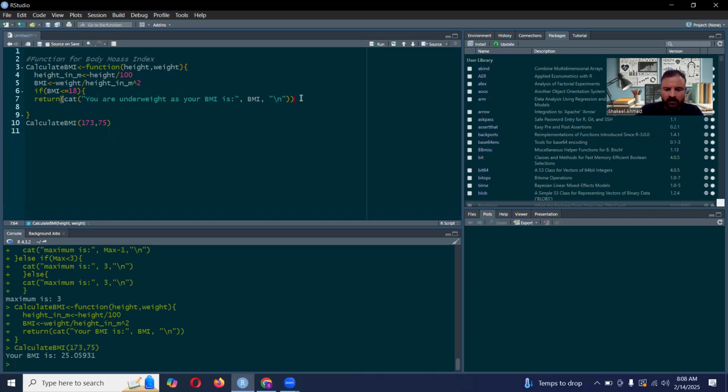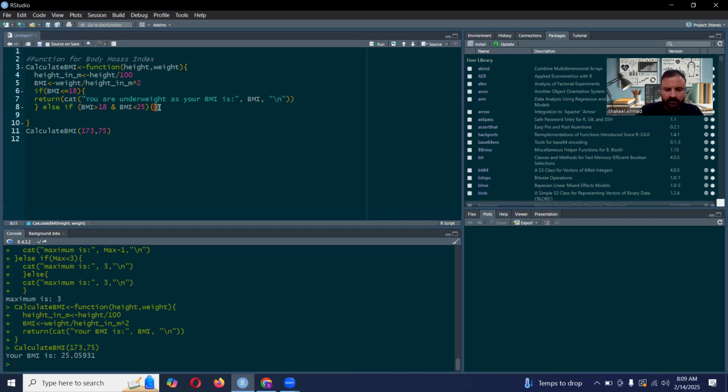And then else, again, if we have another condition, I am just writing three categories or four categories. If BMI is greater than 18 and BMI is less than 25,